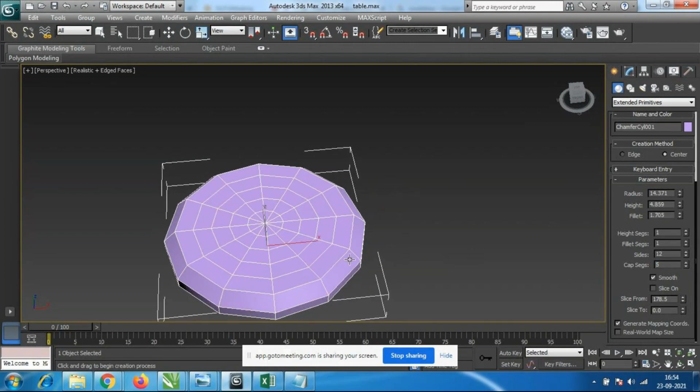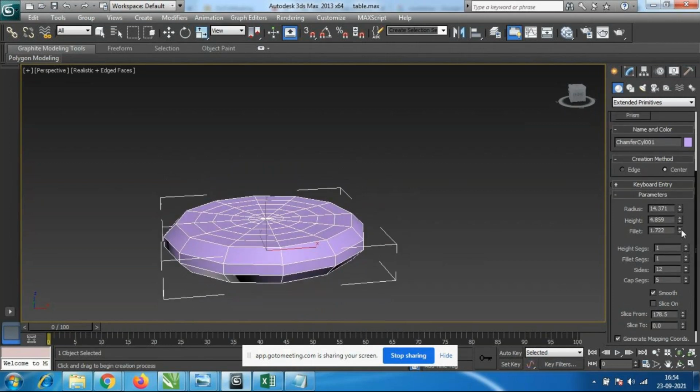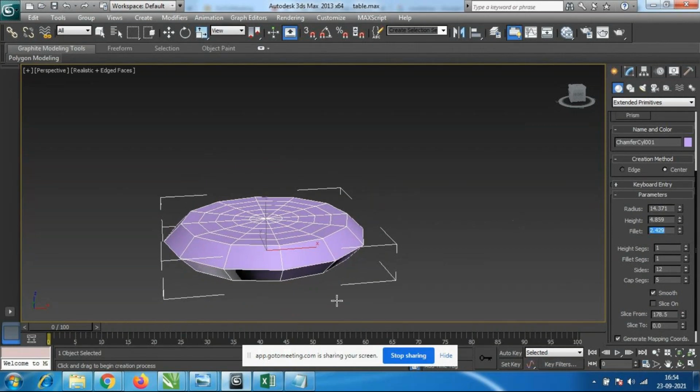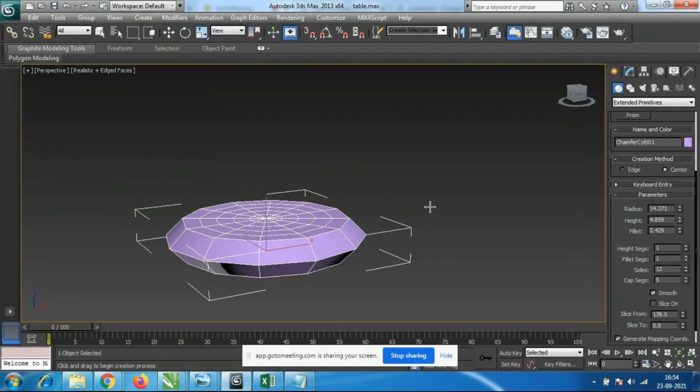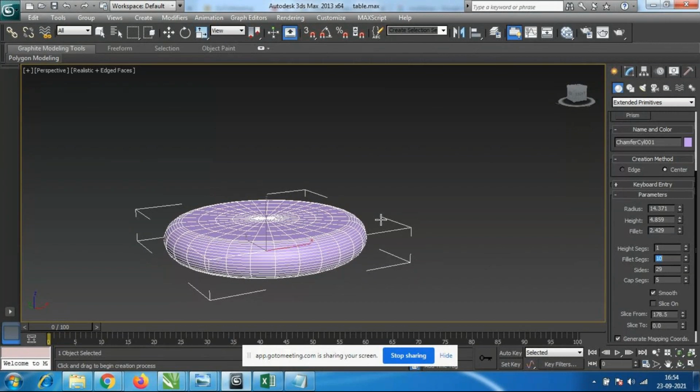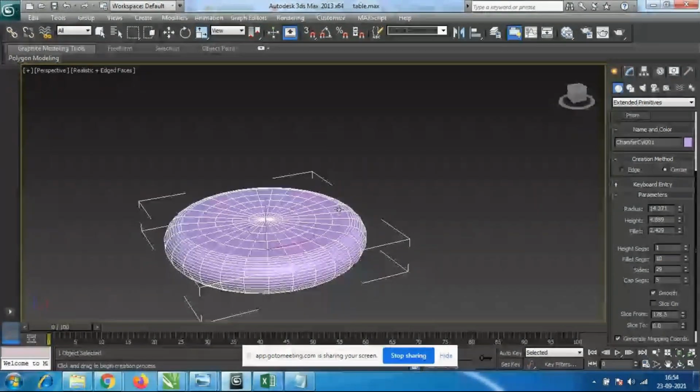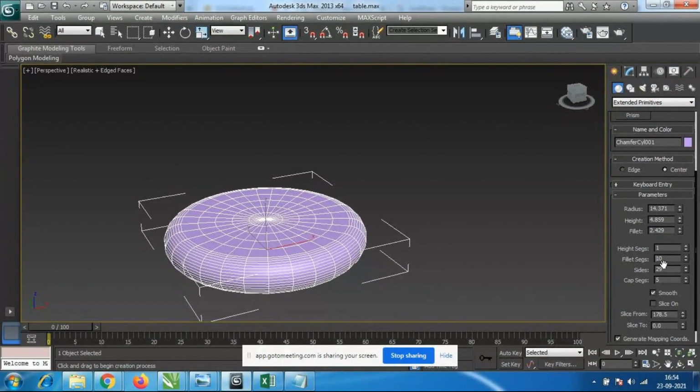Okay, for the fillet option, if I want it smooth, let me check. I'll give 10. Not much change. Sides, yeah, I'll give more smooth shapes. Fillet segments 10. Yeah, can you see everybody? If I give fillet segments 10, you will get smooth pillow shapes like this.